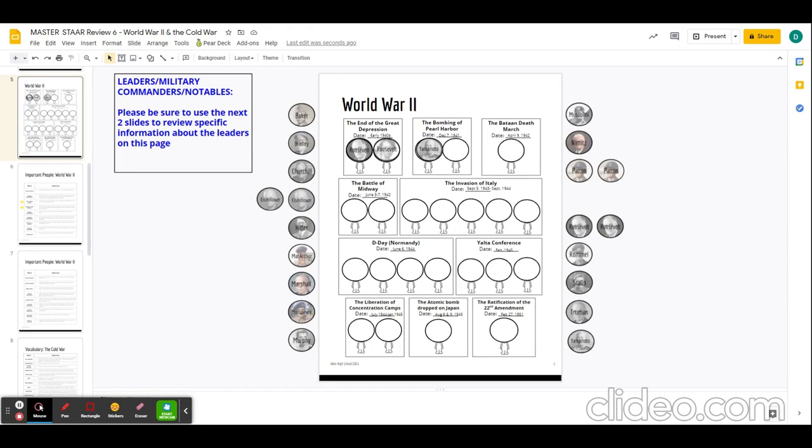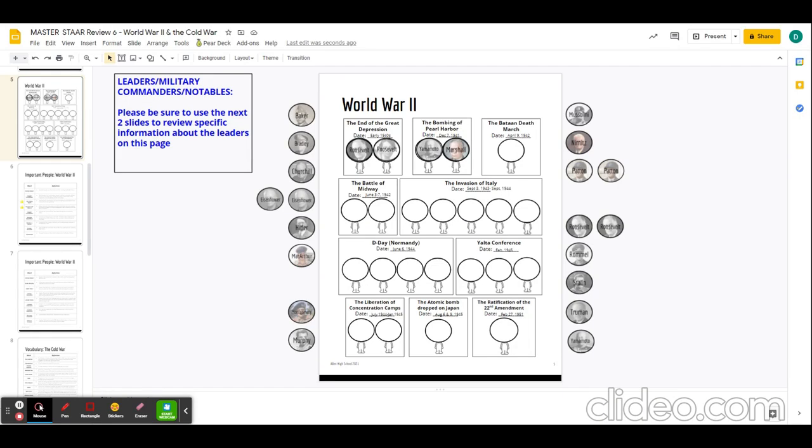So what would the American counterpart be then? So we are looking for George Marshall. There he is. We're going to drag him over as well. So George Marshall was actually the chief of staff at the White House, and he is going to coordinate the response and the war efforts from Washington, D.C. after the attack on Pearl Harbor. So he was important there.